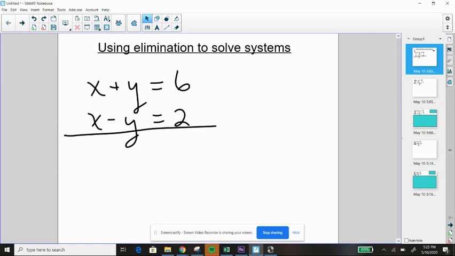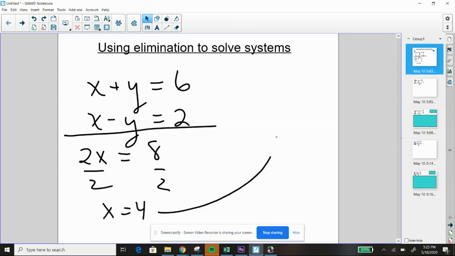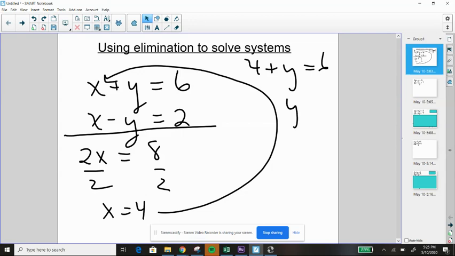If you add them together, what happens to your y's? They disappear. That's the elimination part. And if I add my x's, I get 2x. The y's are gone. 6 and 2 gives you 8. I divide by 2. I get x is 4. I then just plug that 4 back in and get 4 plus y is 6, and y is equal to